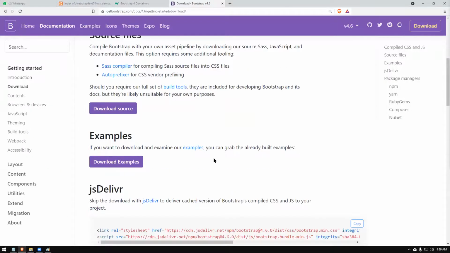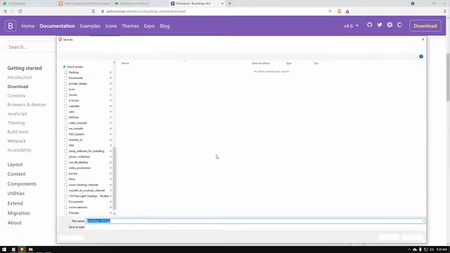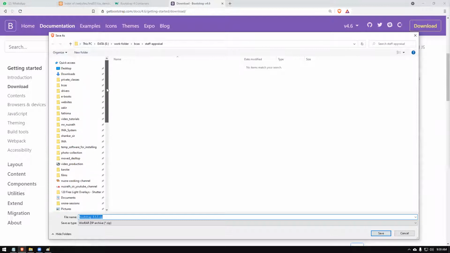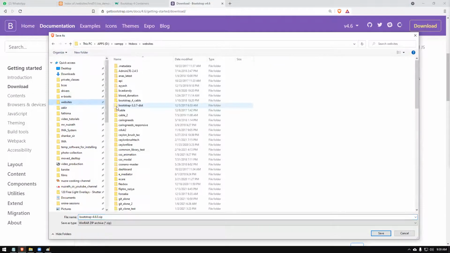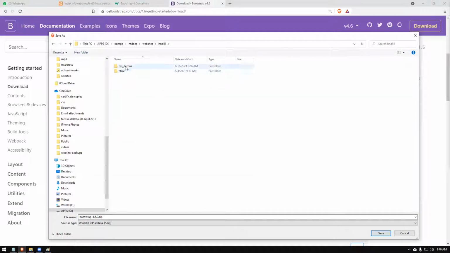I'm interested in downloading only these things. Okay, source files. I'm going to show you how it looks. Let's try that one and see whether we can make it work. So let's download it and see. Once I download it, I'm going to put it inside this HND folder 51. I will create a folder called BS demo, bootstrap demo.